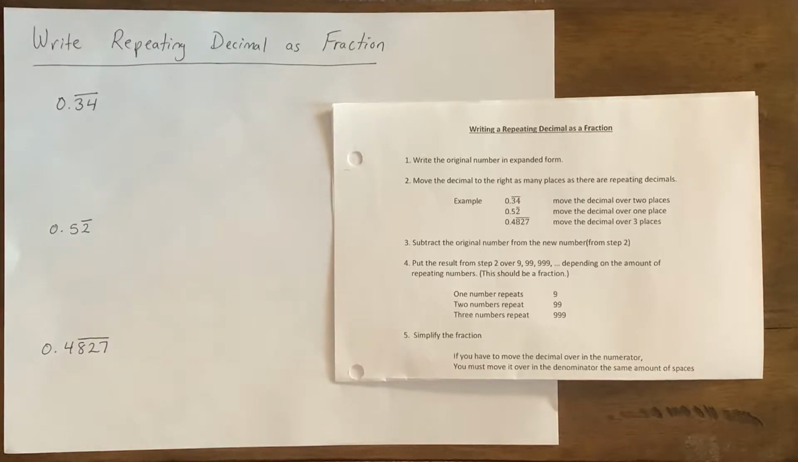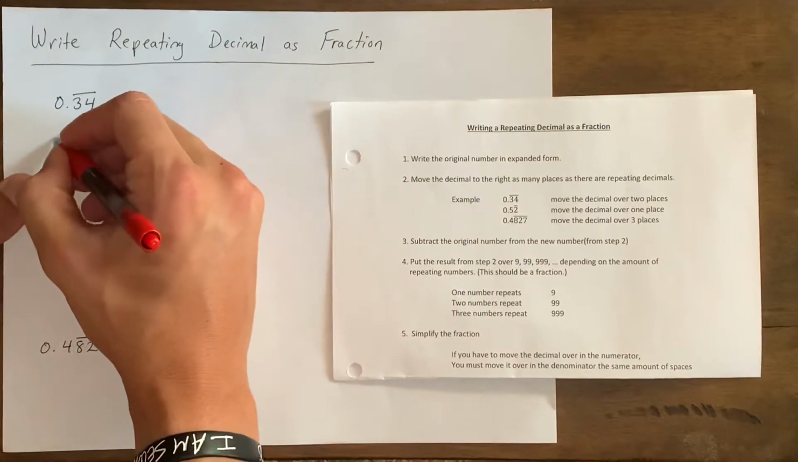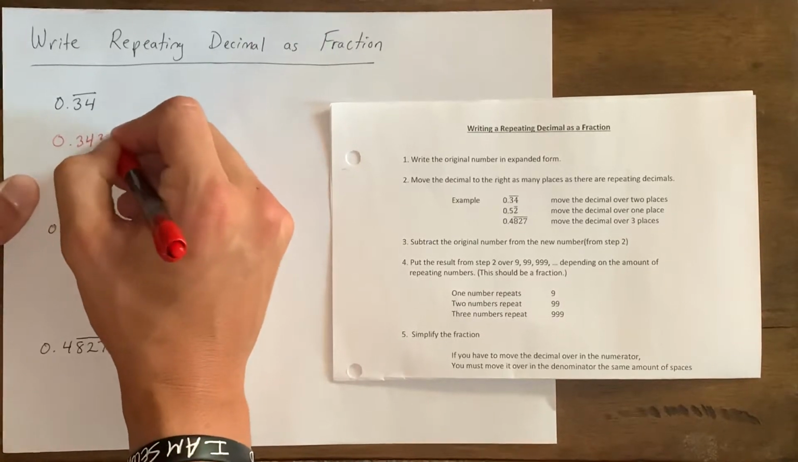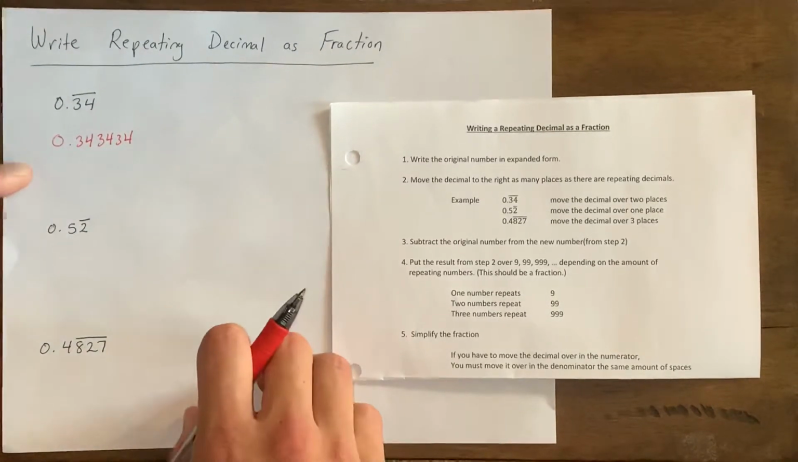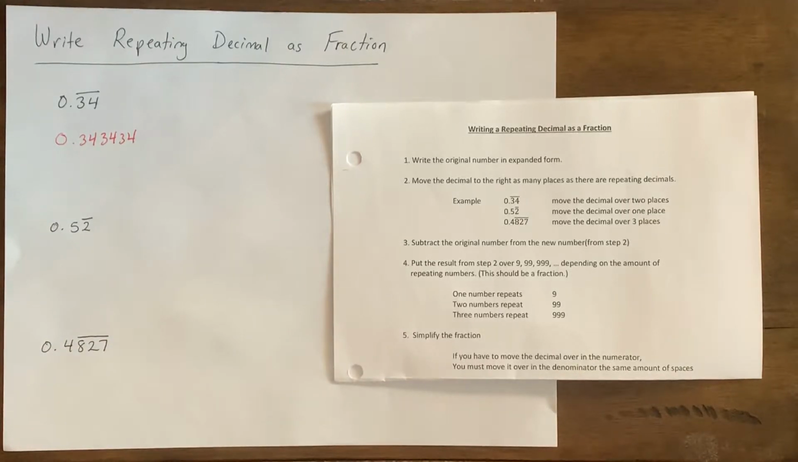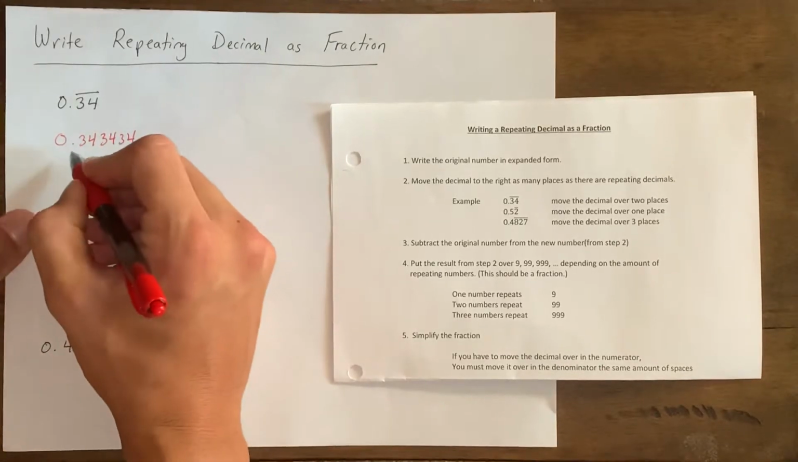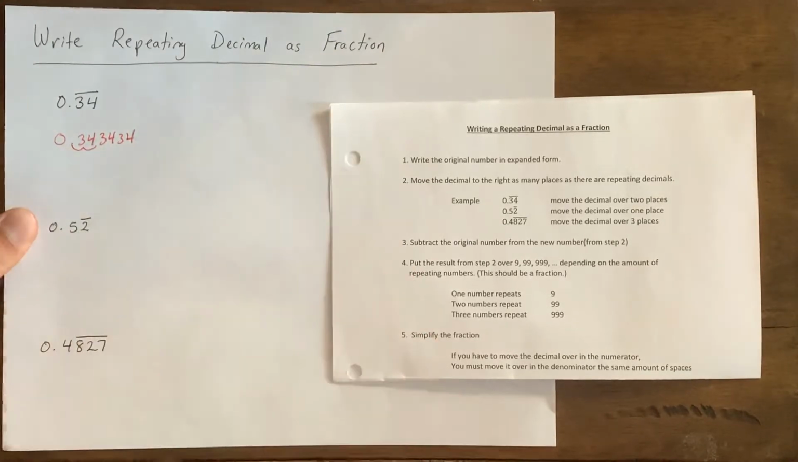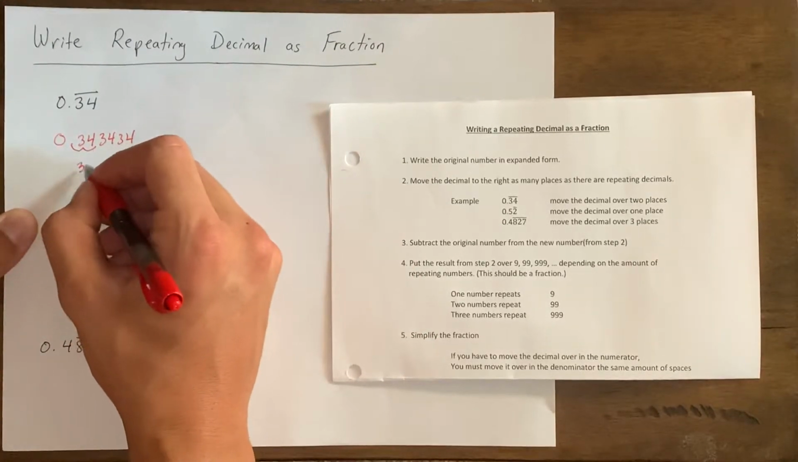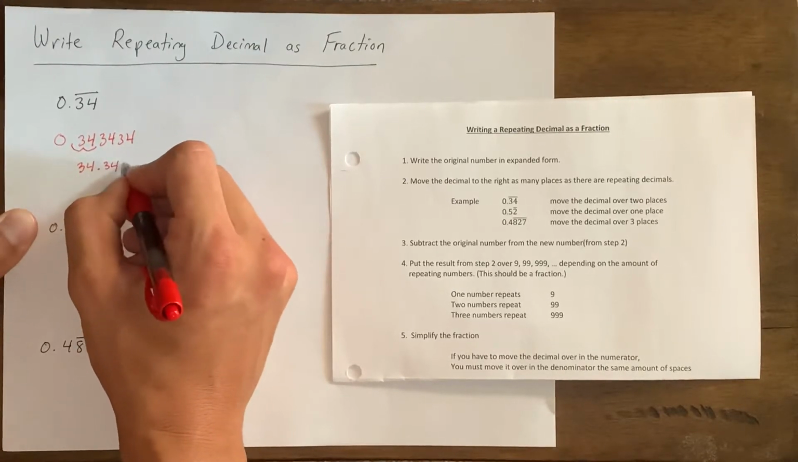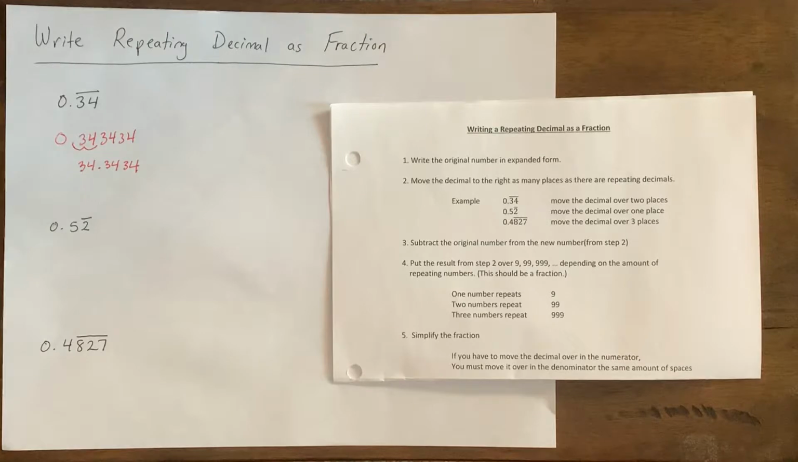Our first one is 0.34 repeating. Step 1 says write the number in expanded form. So we're going to write this as 0.343434. We could obviously keep going, but that should give us enough room to work with. Now we're going to move the decimal to the right as many places as there are repeating decimals. There's 2 that are repeating, so we're going to move this decimal over to the right 2 times. That gives us the number 34.3434. Now it says subtract the original number, which was 0.34 repeating, from the new number, which is